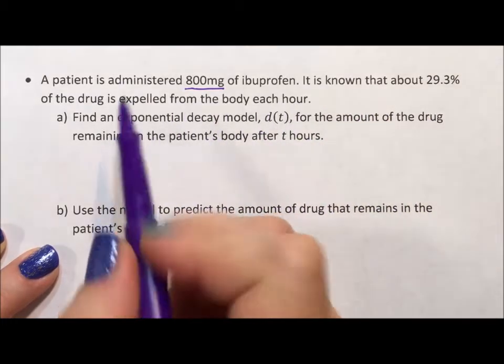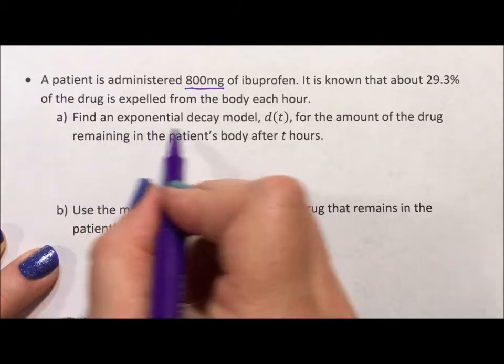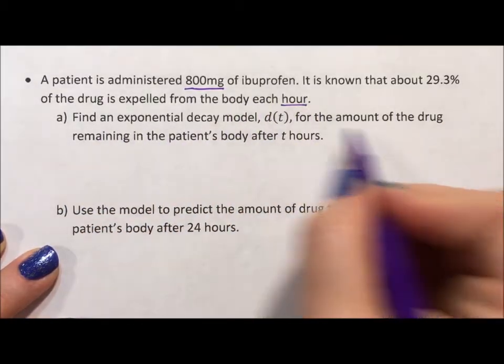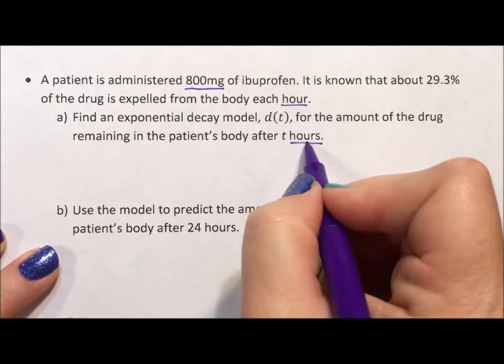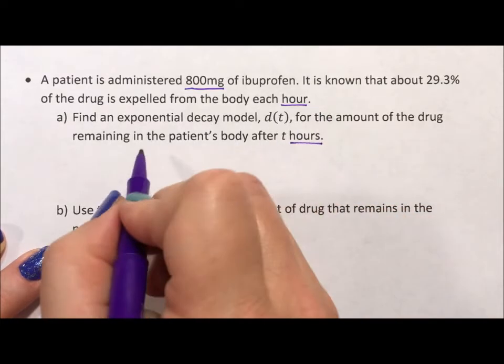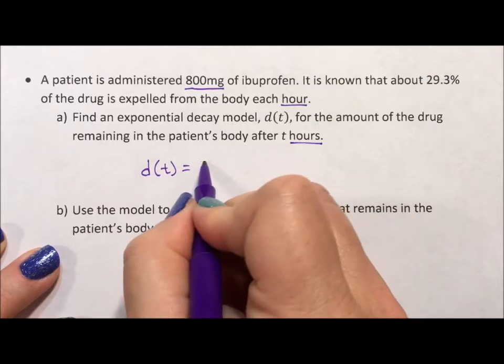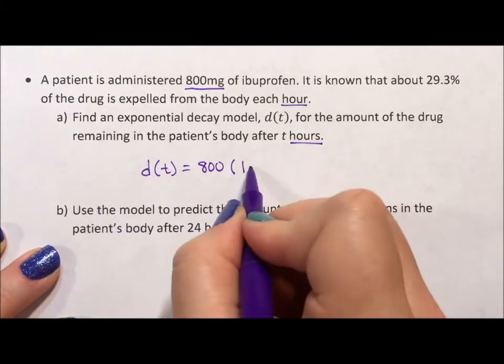So the question, first it says, find an exponential decay model. Okay, so this is each hour, and it says hours. We need to make sure those labels are the same. If they're not, you have to do a little bit of work. As it goes, the drug after time, D of t equals, we start with 800 milligrams. Of that 100%, we are, let's see,